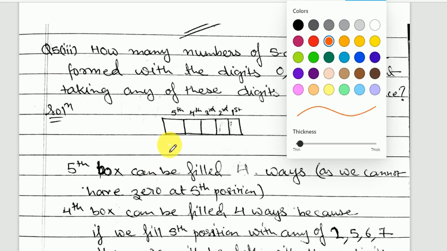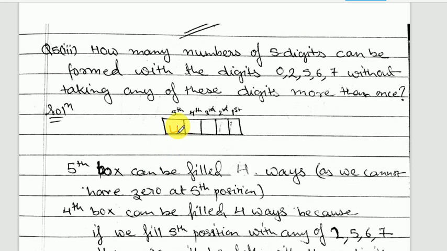So if you see, for this I've got 4 options. Now suppose out of these 2, 5, 6, 7, I've taken one digit over here, and I've already fixed it. Now how many digits are left with us? Now 0 and 3 from here are left. So for the fourth position, how many options are we left with? For the fourth position also we have got 4 options.